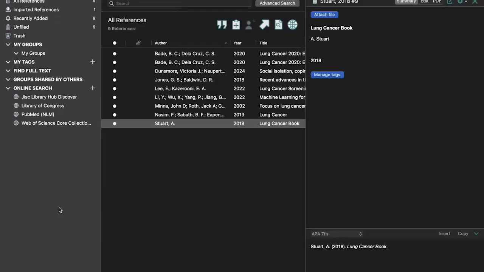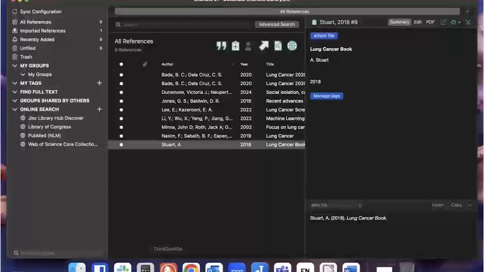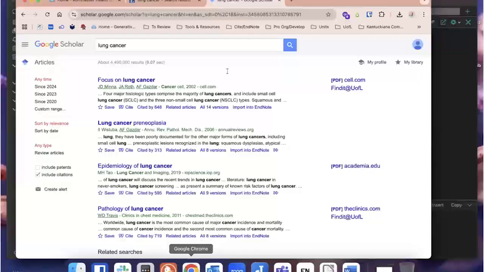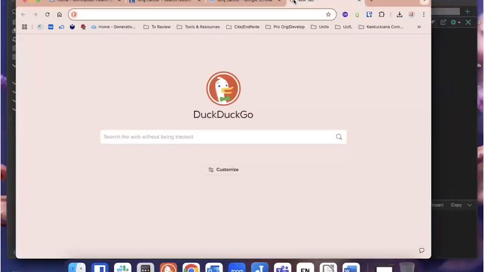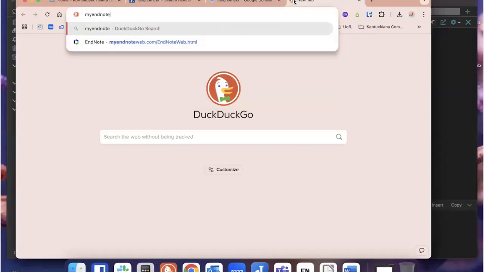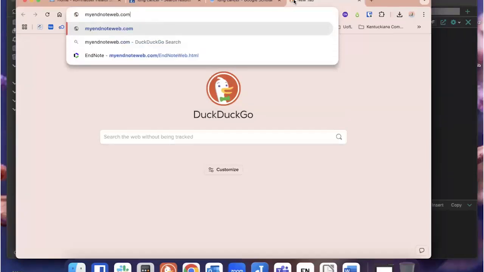But EndNote does have EndNote Web, which is their way of backing things up to a cloud system, but it's only compatible with their cloud system. So if you're using EndNote for the first time on your desktop, I think it now requires you to create an EndNote login. So I'm gonna walk you through that. So if you go to myendnoteweb.com,